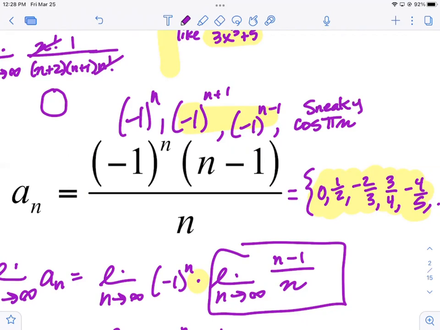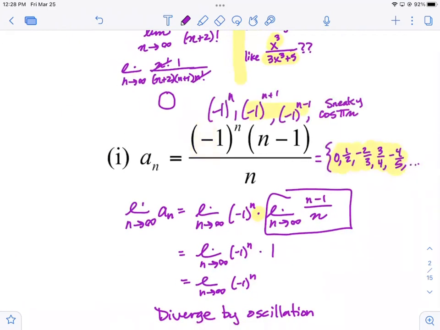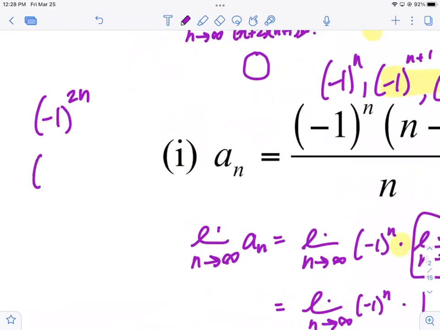Just be careful when you assume things, because sometimes they will try to be sneaky. But if you simplified -1 to the 2n, like we have there, that's the same as -1 squared to the nth power, using the rule of exponents. So if you don't realize that 2n is always an even number and a negative number to any even power